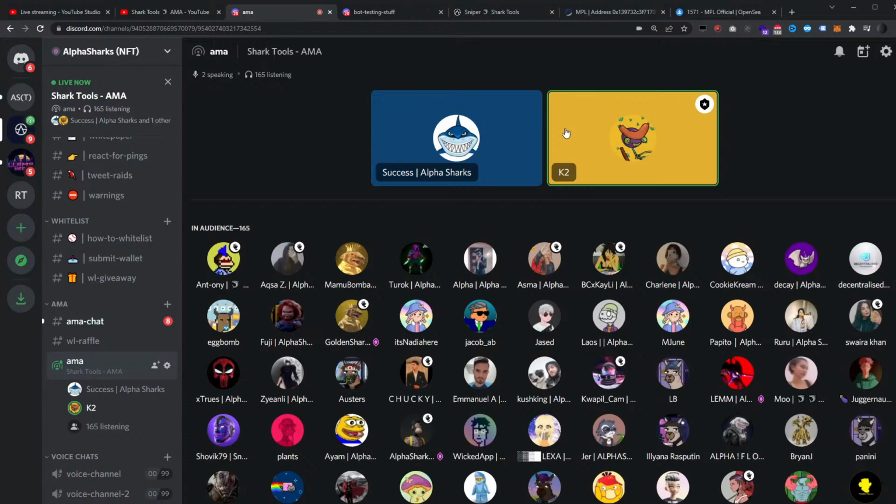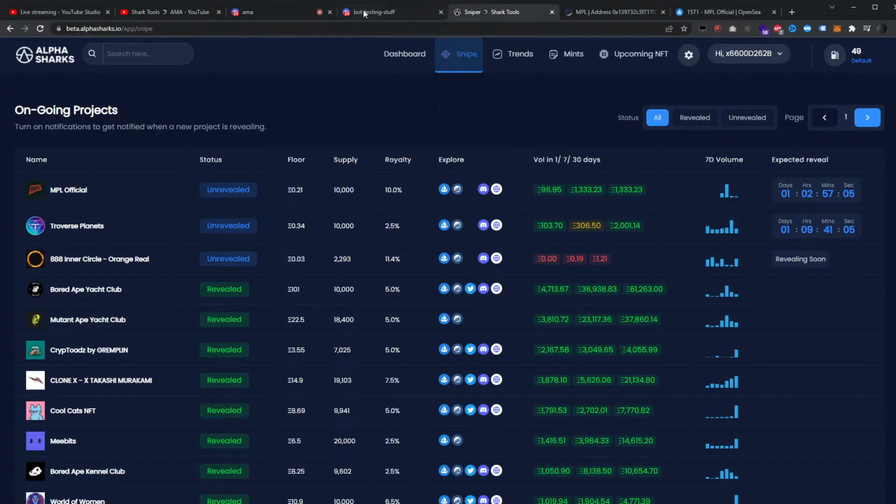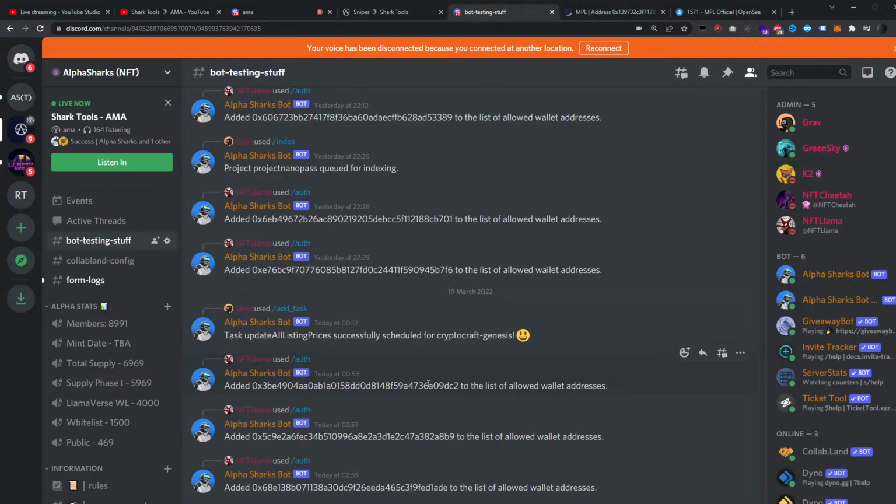Initially, actually, let me just finish off on the indexing part, because I have one more thing to add really quick. Any collection that you see is not indexed on the project, because it was happening, right? A lot of people were using the tool, beta testing it. So what we've done is we have a functionality on the Discord bot itself. You can just type in